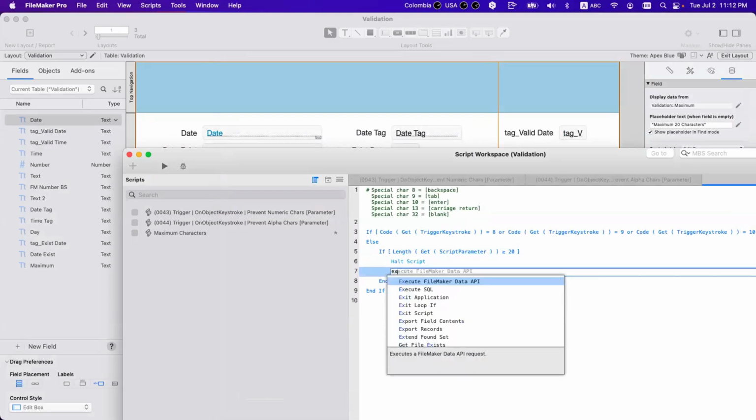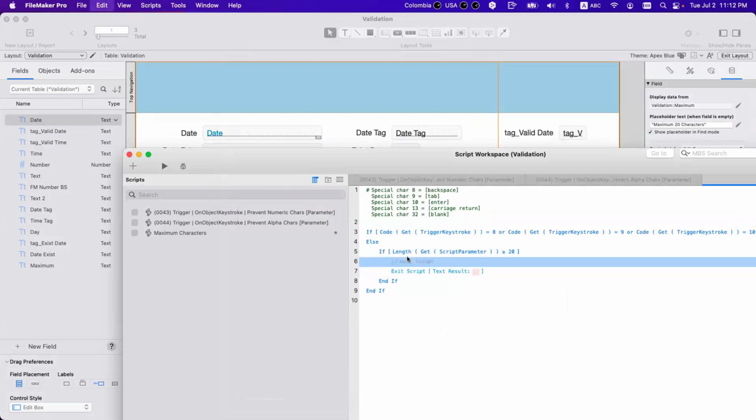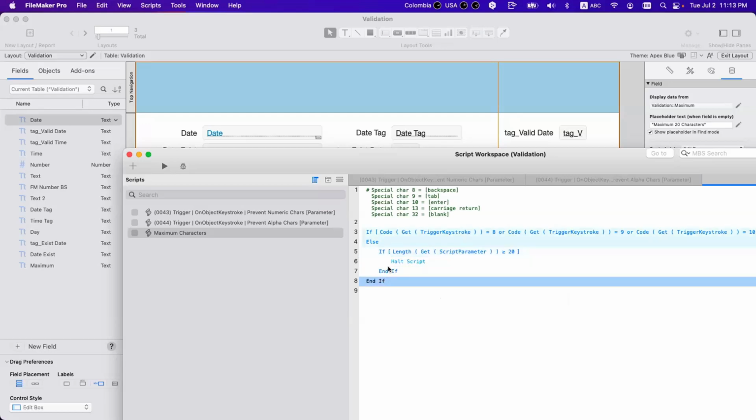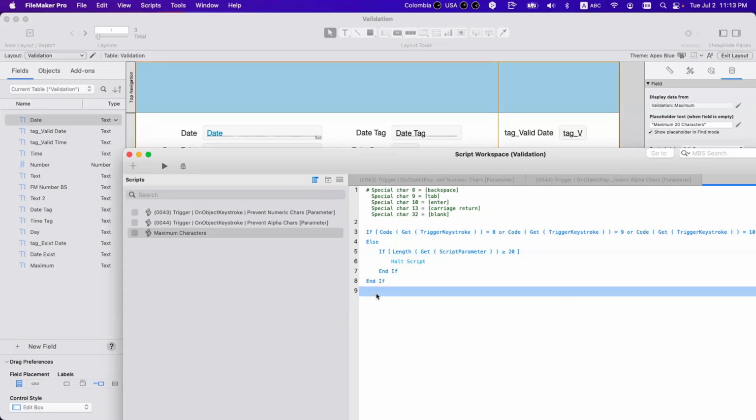It's not the same. If you do exit, it's not what you want. You want to halt, to kill immediately. If you do exit, it will do this and this. It will interpret, it's not the same.